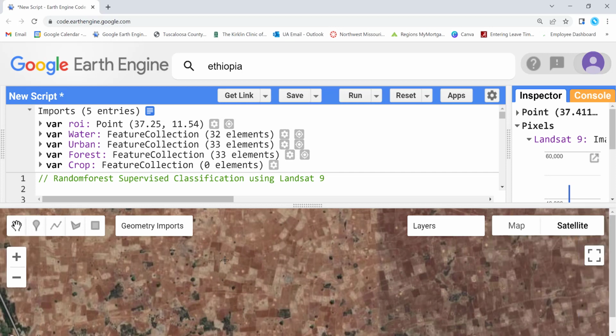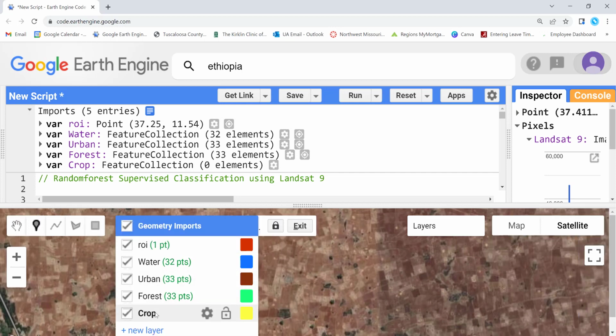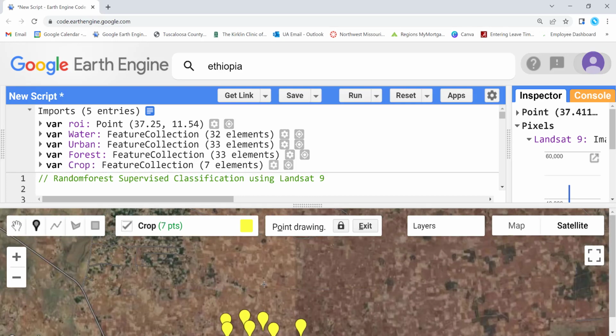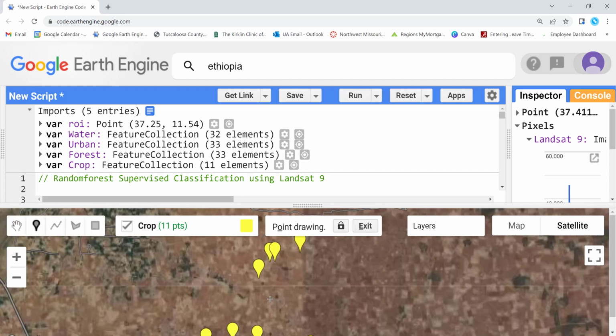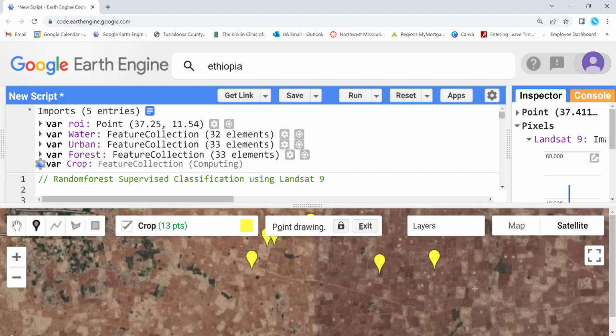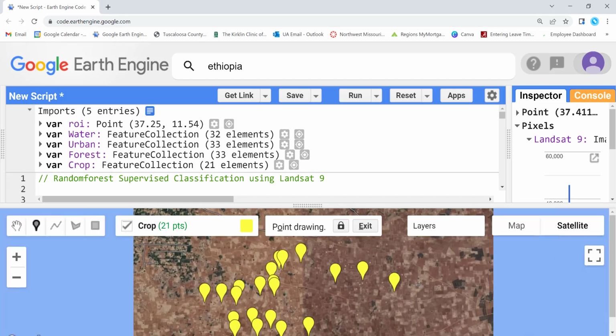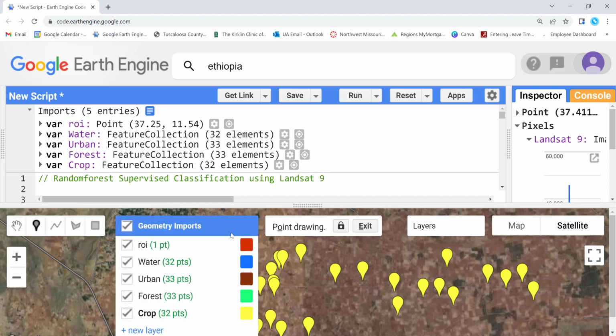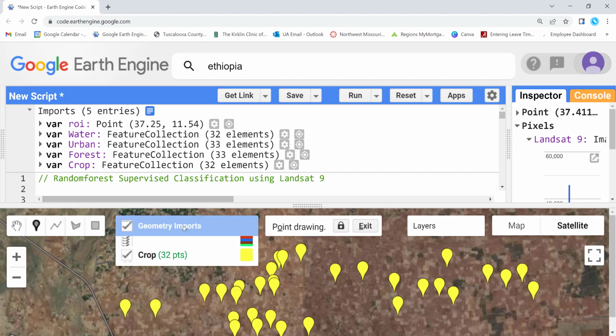So I'll just go ahead and generate as many data points as possible here. I'll highlight it here, and generate. All of this is a cropland area. To get more representation, I'll go to some other areas. Okay, we have about 30 data points. Should be fine. And the last class is